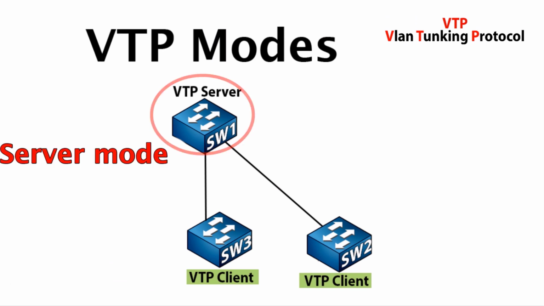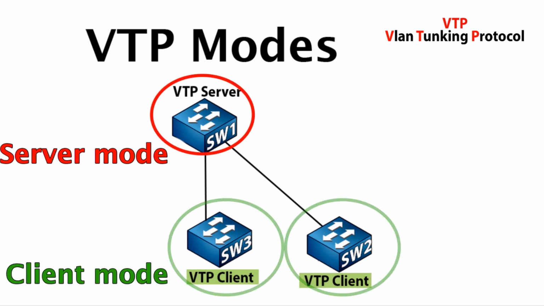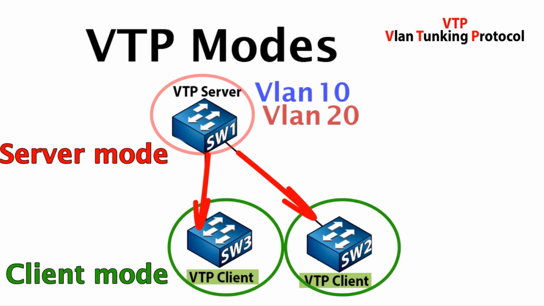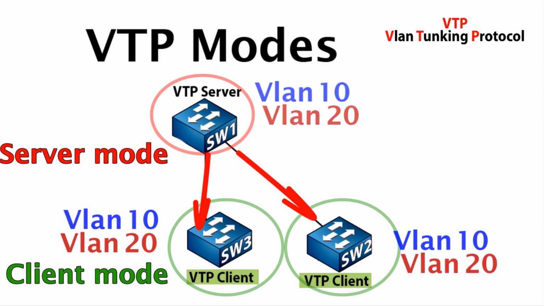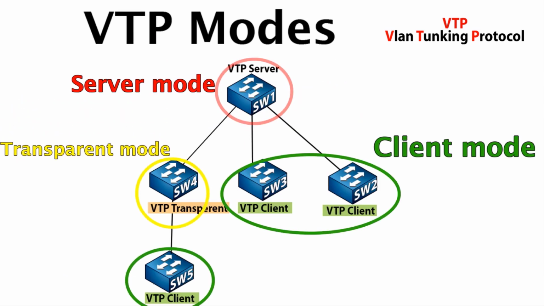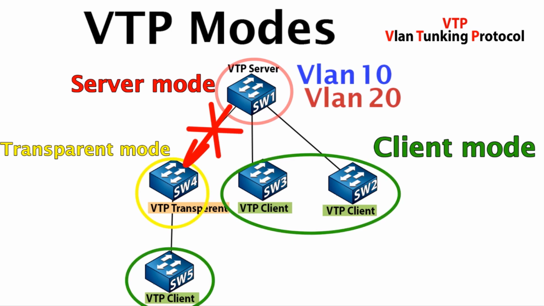The first mode is the server mode, and this is the mode of the switch responsible for managing and creating VLANs. The second mode is the client mode, and this is the switch that receives changes in the VLANs from the switch which is in server mode. This means I have a switch that I leave in server mode, and this is what I create the VLANs on, and the rest of the switches I leave in client mode, which will take the VLANs from the server. The third mode is transparent mode, and this switch does not take the VLANs from the switch which is in server mode, but passes the VLANs